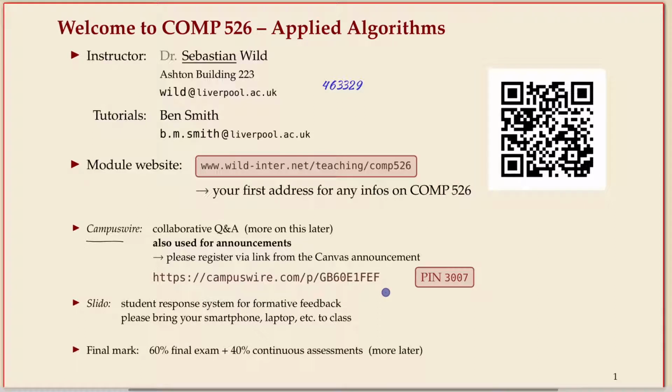There's one more thing I wanted to say about Campuswire. I can maybe briefly show. I have slides on this later. I'm rushing ahead of myself. The second thing is Slido. As you've used a few moments ago, it is for feedback during lectures. It's just to make it a little more interactive, wake you up once in a while. I'll also use it for some questions that test your understanding.